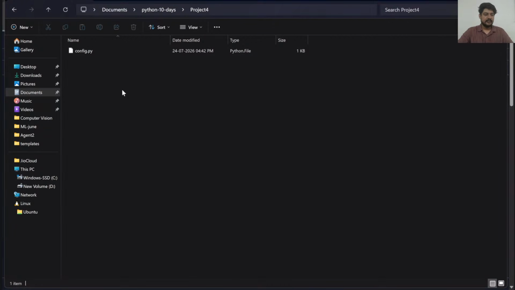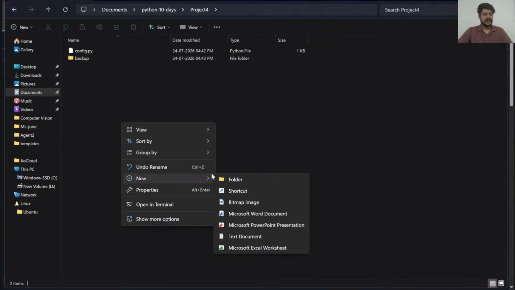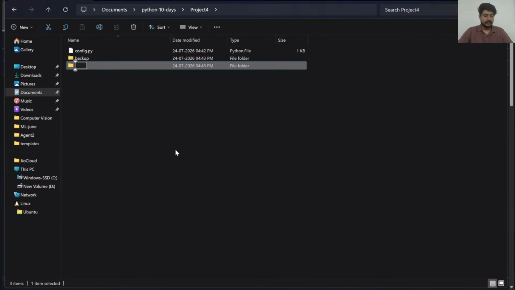And here I'm creating one folder called, maybe new folder, I'm creating it called backup. Right? Just a name of the folder. And maybe if we want to restore something also, for this I'm creating one more empty folder called restore over here. Enter. So restore and backup are the two different folders I created over here, right?